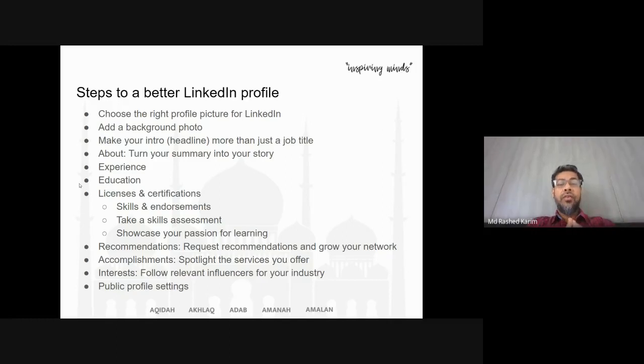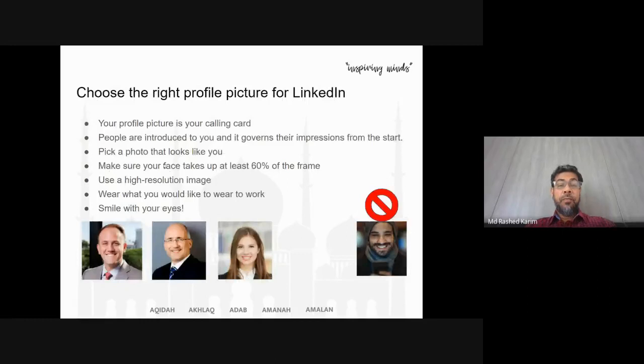Choose the right profile picture for LinkedIn, because this is professional. You cannot take any picture like this. This is a professional profile picture. I put some criteria for the professional profile picture you should have. The profile picture is your calling card.